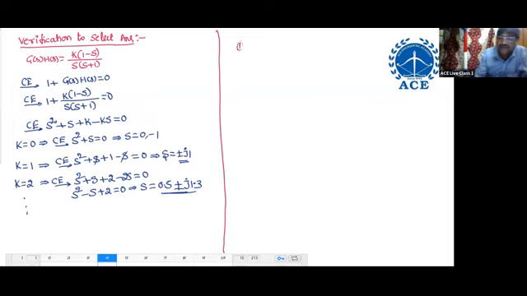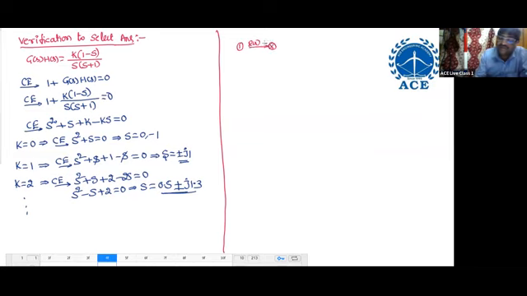Among that, one problem I'll solve. Whatever problem you want, I will solve it. One is for how to do verification. The second one is to identify what diagram you have to draw, either direct root locus or inverse root locus. Okay. First one,